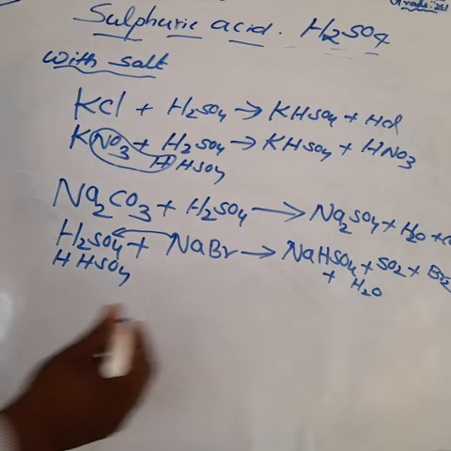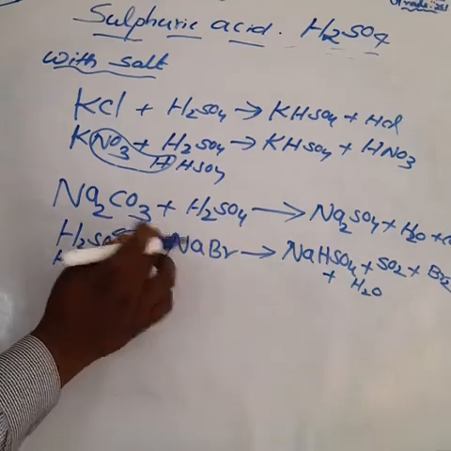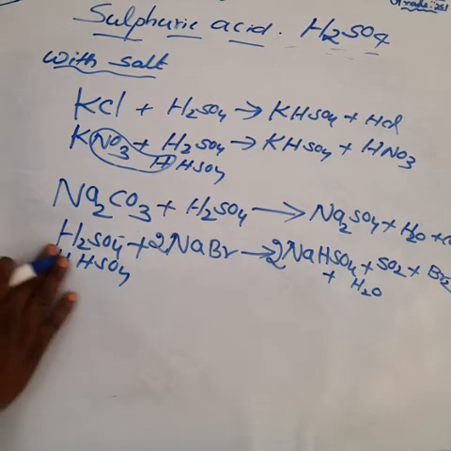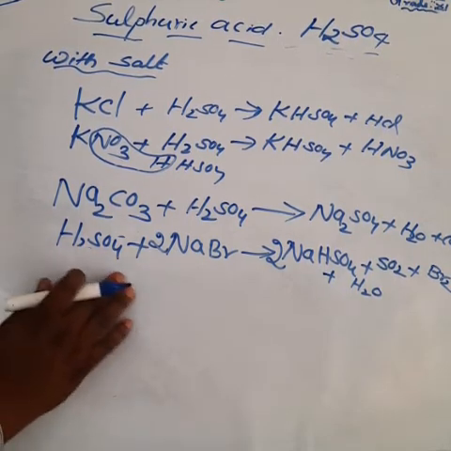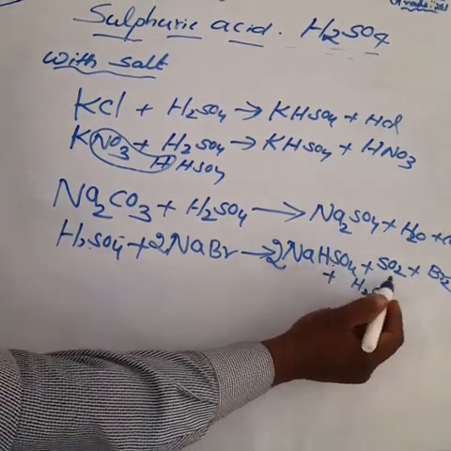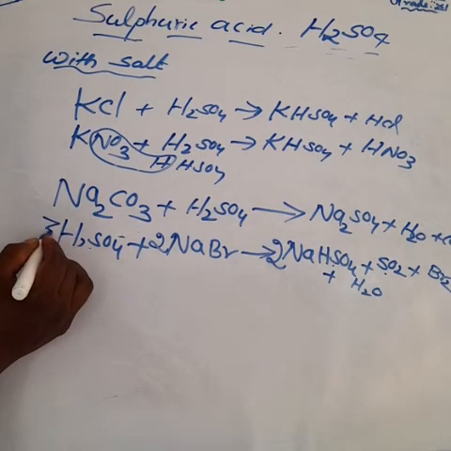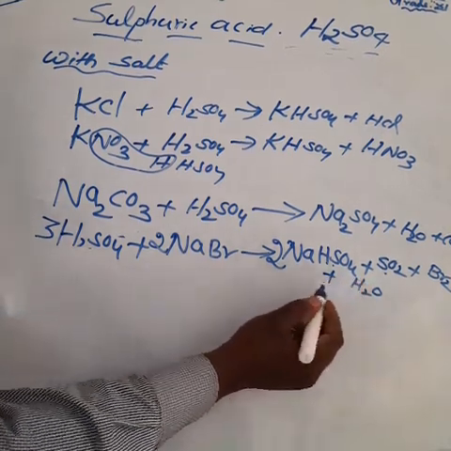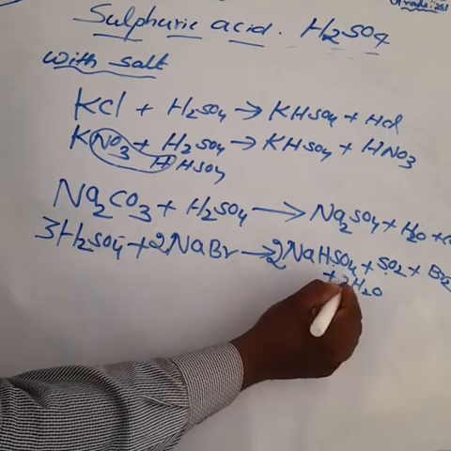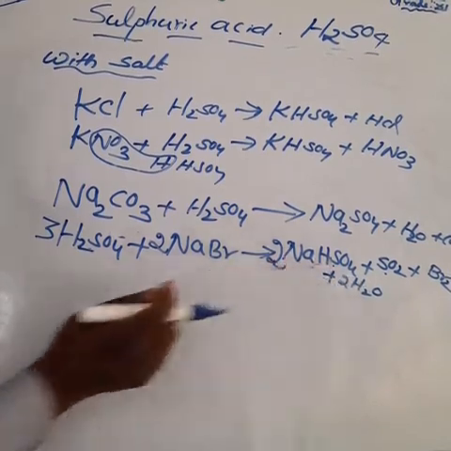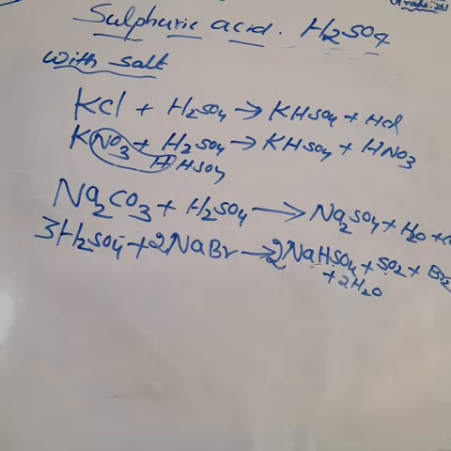How can you balance the equation? Br2 here, so make it 2 NaBr. So how much sodium is there? 2 sodium, so make it the product side also 2 NaHSO4. In total we get 3 sulfur, am I right? NaHSO4 having 2 sulfur and SO2 having 1 sulfur. So 3, so make it 3 sulfuric acid. So we can write water molecules. There are 2 water molecules because 6 are on the reactant side. Already 2 are in sodium bisulfate and the remaining are 2 water molecules. Am I right?